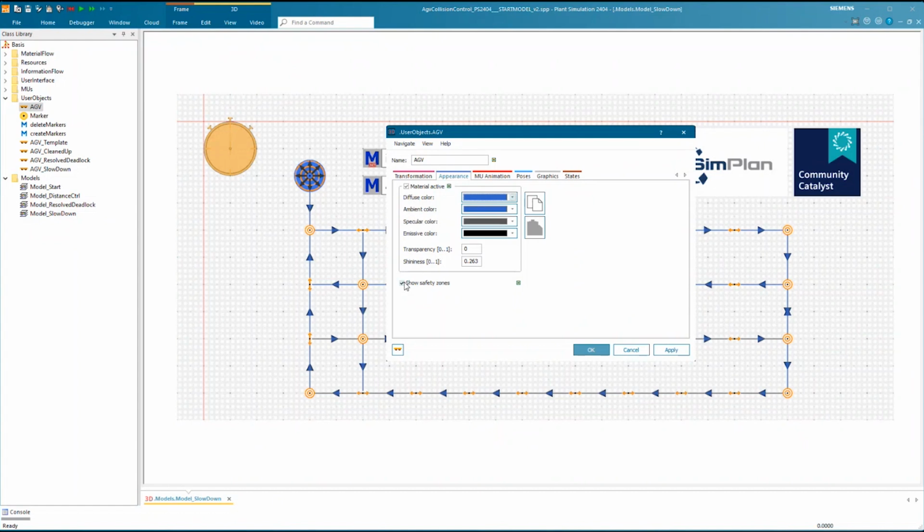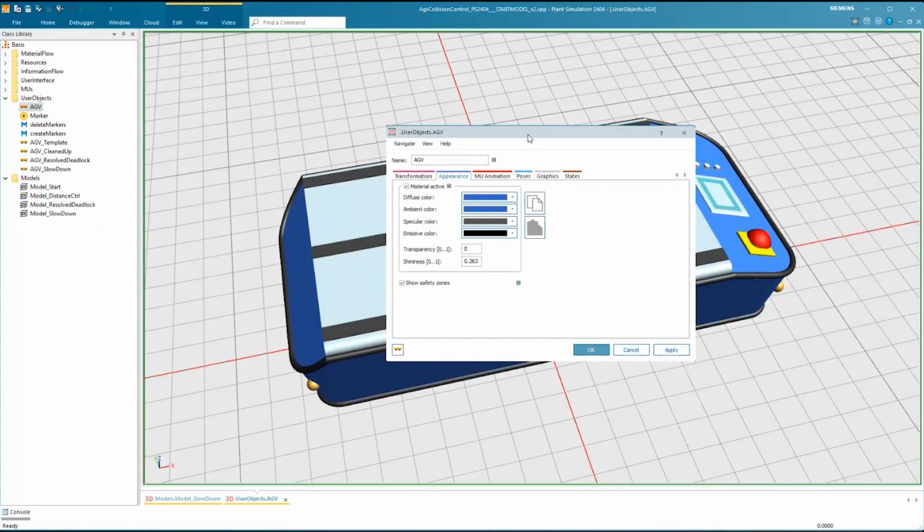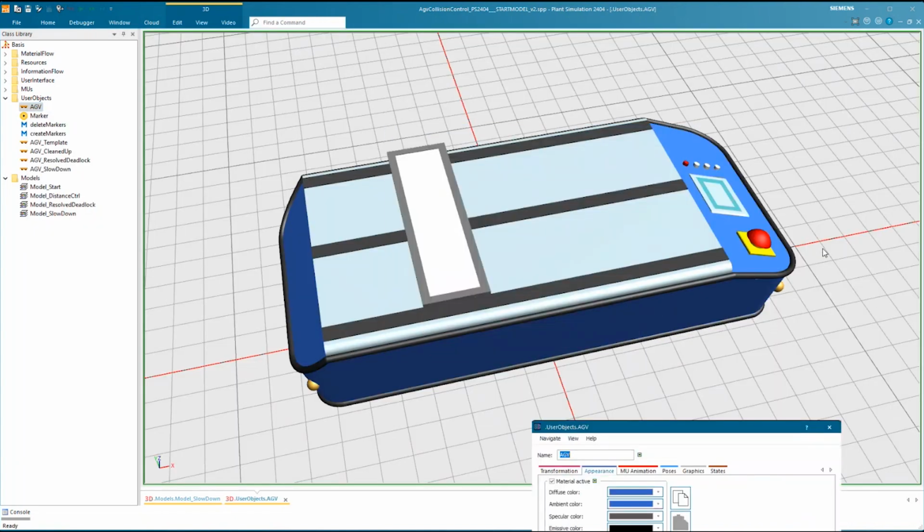If you're using the older versions, you would have to create 3D graphics in your AGV class for the safety zones, and if you need them to be flexible, you would also have to scale them accordingly.